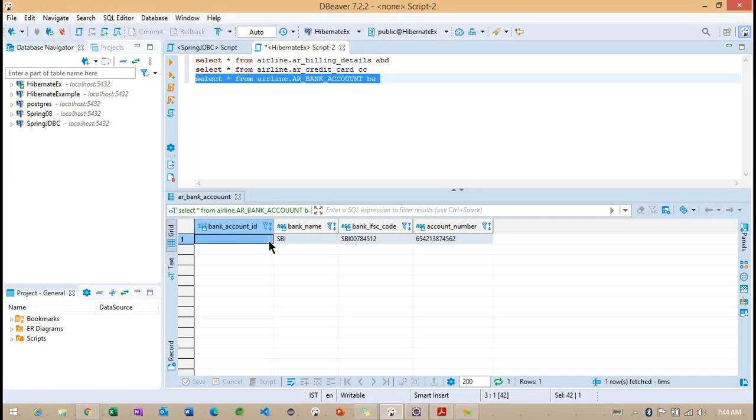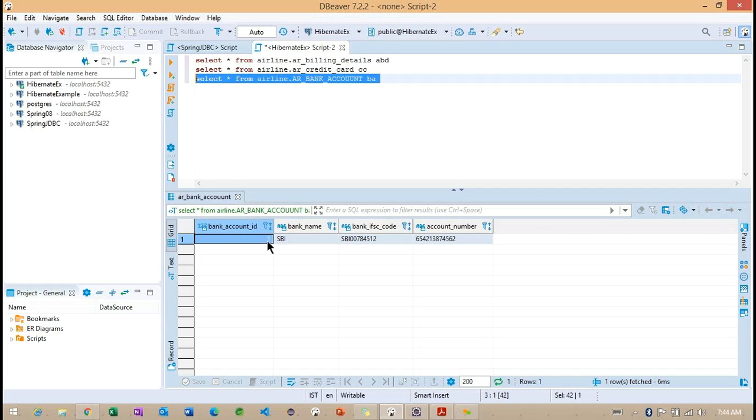So auto increment into the child table. And here, instead of providing the same ID, we can create one more column, the billing ID, the billing details ID. And we can make the reference as a primary foreign key.